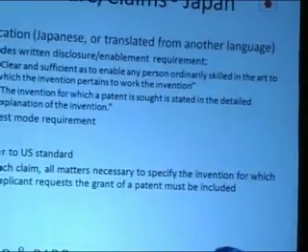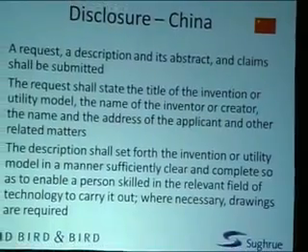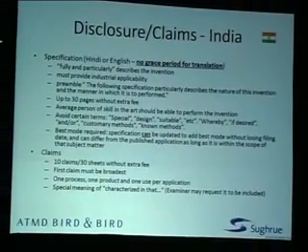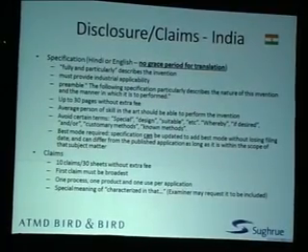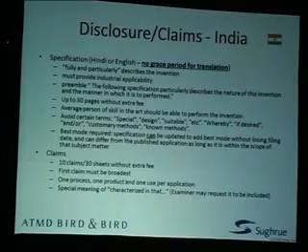And this is what we call written description and enablement in the United States. It's Article 83 and 84 in EP. In Japan, we have a similar requirement, actually, it's similar to the United States in terms of the specification, similar to EPO in terms of the claims. We discussed China, and India also has its requirements for specification and claims correspondingly.